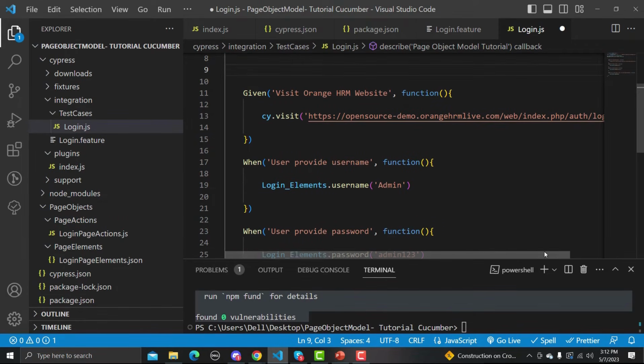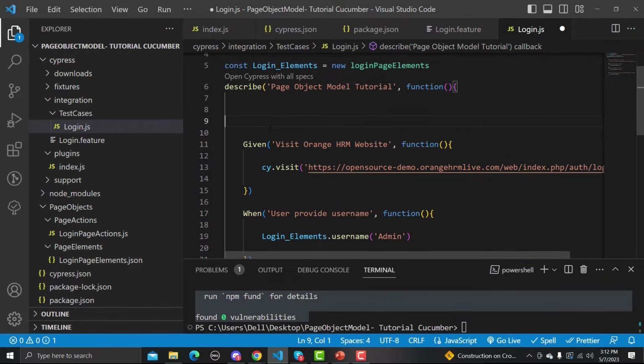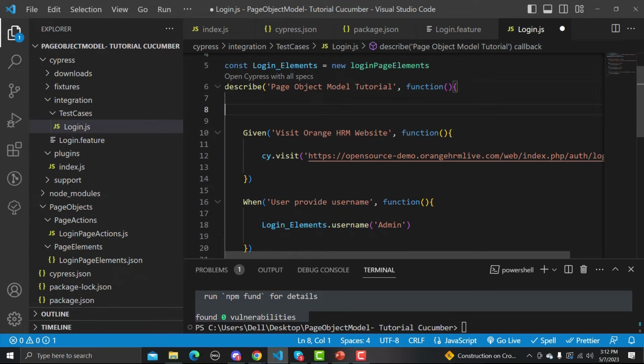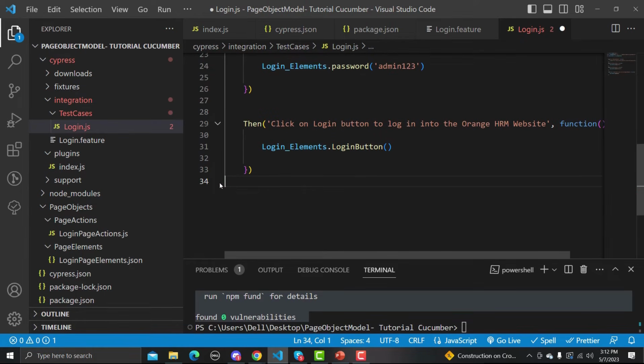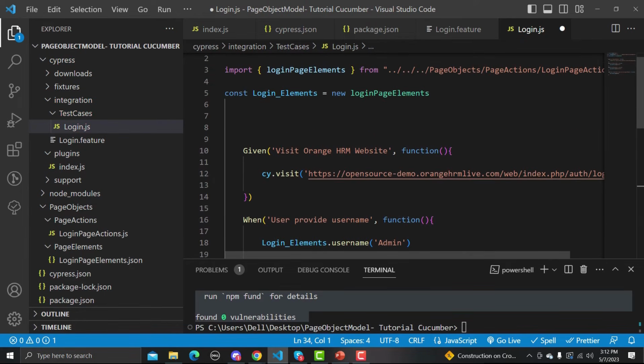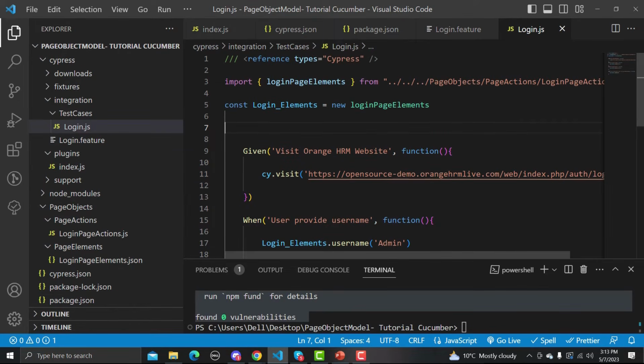because we need to implement the Cucumber feature file and we need to map it with the step definition here. Even we don't need this describe block as of now, so I'm removing that one as well from here. So we have mapped our feature file with our test case here, but still what we need to do is that we need to import the given when then, else this JavaScript file will not recognize this given when then.